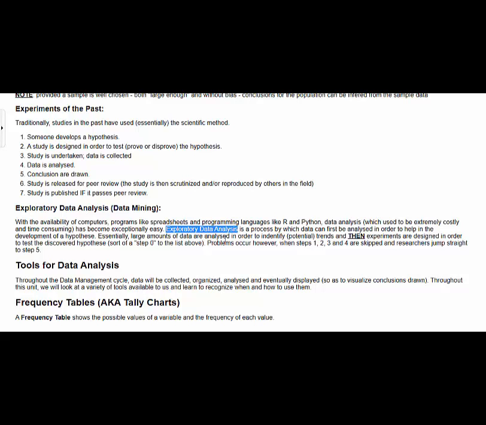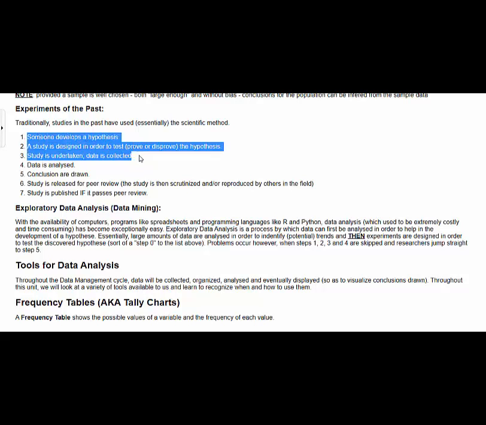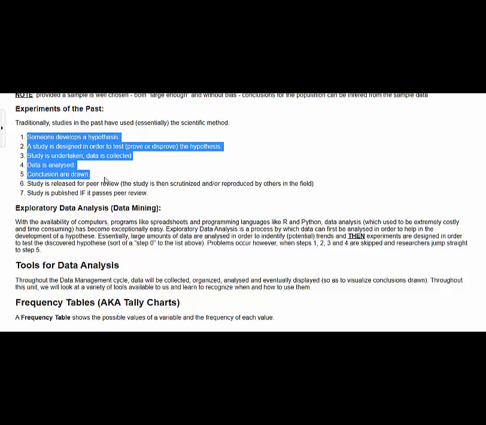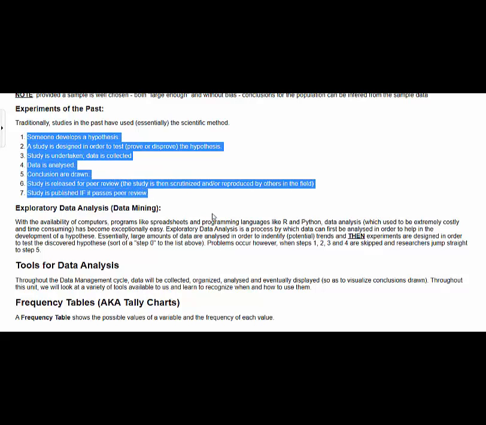But then the idea is that if I find what looks like potential trends, I would want to then go through the process of developing my hypothesis and studying it and checking it and so on. The problem nowadays, one of the big problems with data analysis overall, is because it is so easy to do, people who maybe don't respect the process quite as much as they should can do this as well. And instead of just taking data and looking through it and finding something and then developing a proper study to test their hypothesis or to verify the trends that they're seeing,